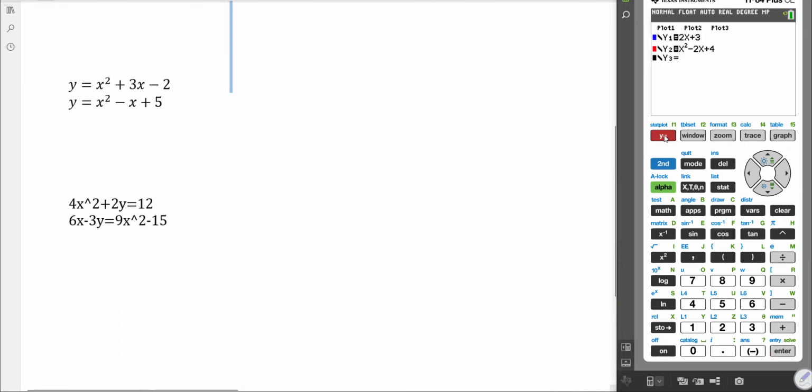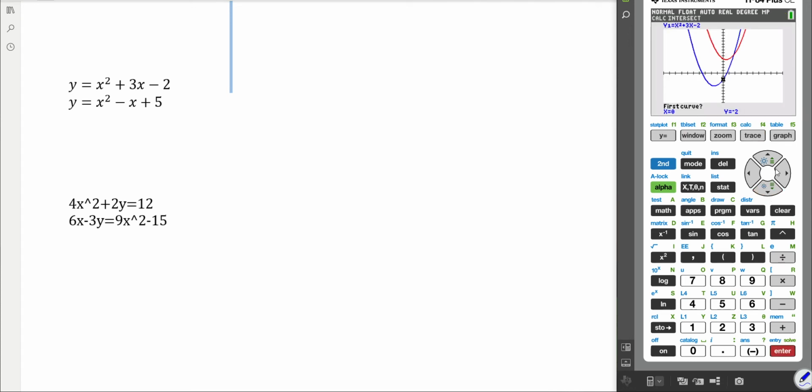Looking at our last easy question, and when I say easy, I mean easy for a 20-1 level question. So x squared plus 3x minus 2. Going to the next set, we have x squared minus x plus 5. We're going to graph those two and see where they line up. It's hard to tell for sure, but it looks to me like there's only one intersection. So let's go down and solve for that one intersection